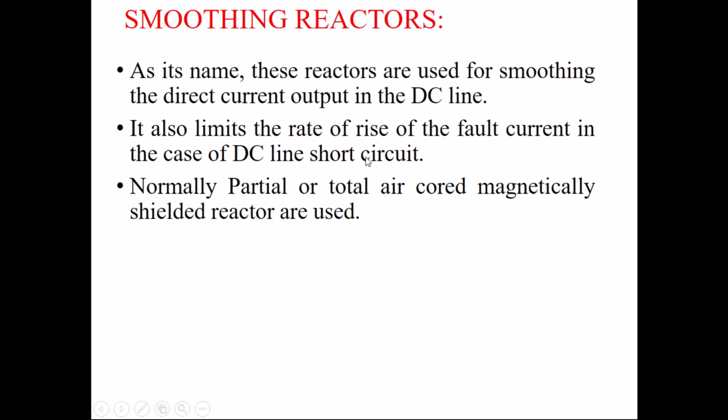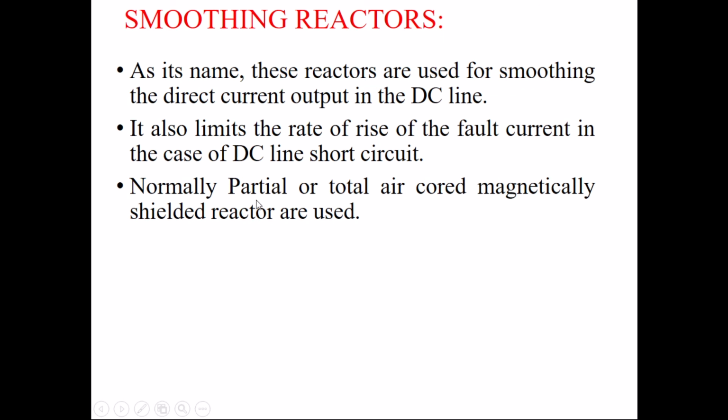But obviously, during the steady state period it acts as a short circuit, so in short circuit condition or in steady state condition the converter control comes into the picture, and the whole converter is blocked by the converter control action, and then this type of fault is removed. But initially we require control of this fault current. So the smoothing reactor helps to limit this current.